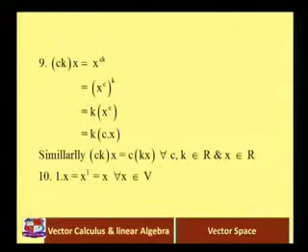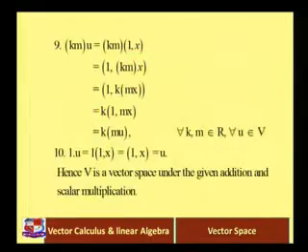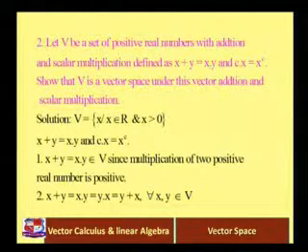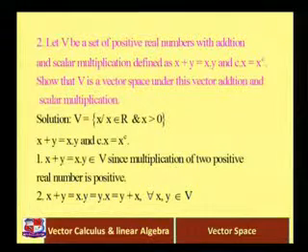So again we proved all the 10 conditions for the vector space for the given example with this addition and scalar multiplication, right. So we can say that the given set is a vector space under the given addition and scalar multiplication, right. So using these 10 properties, you can check any example whether the given set is a vector space or not, okay. That type of example is sometimes asked in the GTU exam.